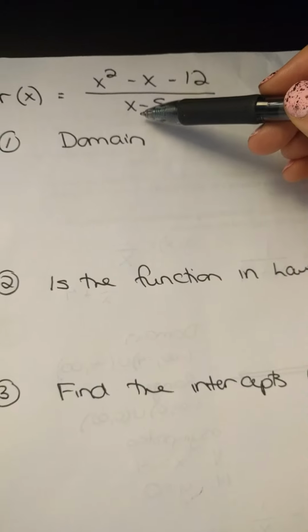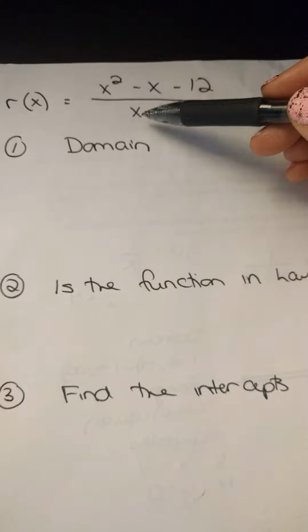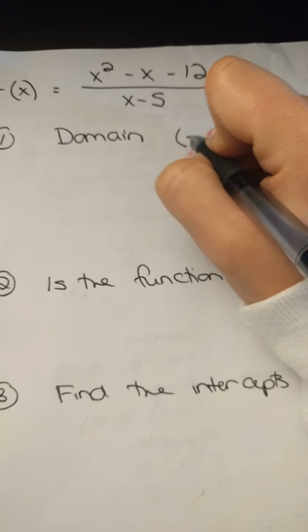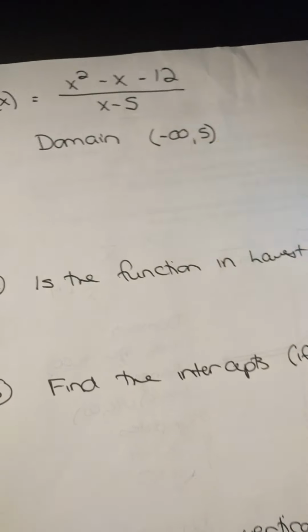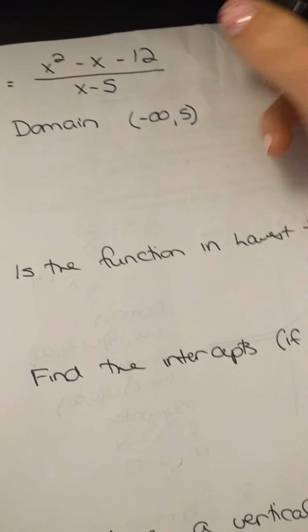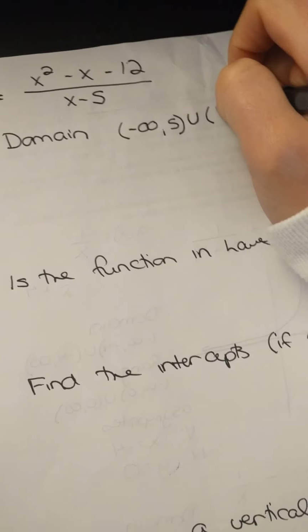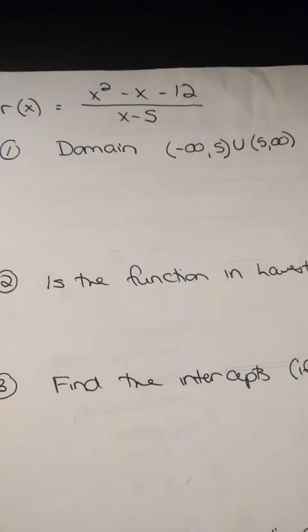So when x is equal to 5, we get 5 minus 5. So that means we want to exclude from the domain the number 5. So that's going to be all real numbers from negative infinity to 5. Now remember, we're not including 5, so we want to use a parenthesis as opposed to a bracket. We're then going to go ahead and union that from the interval 5 to infinity. By writing it this way, we exclude